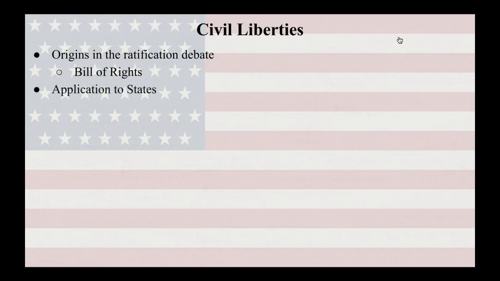Now, just because the Bill of Rights was part of the national legislature, or excuse me, the national government, it did not apply directly to the states, and it didn't become what is known as incorporated into the states until after the Civil War. And so the Bill of Rights was only applicable at the national level and did not really interfere with the government until the Civil War and the passage of the 14th Amendment that prohibited states from